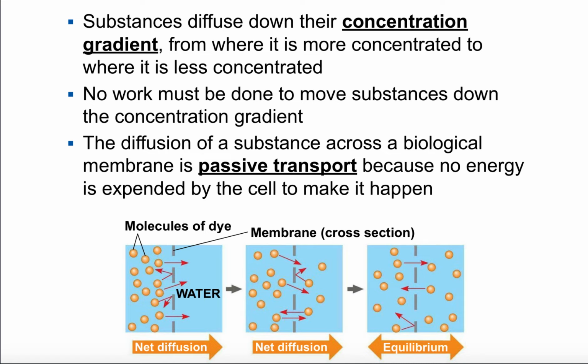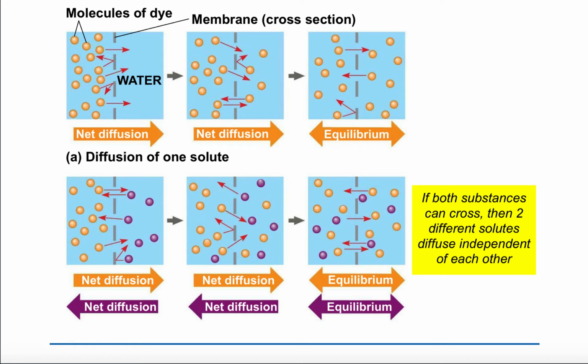Now, I showed how things moved in a free and open space, but when a membrane is involved, as long as the material can get through the membrane, it's still going to diffuse. So in this case, diffusion of the solutes across the membrane, as long as the holes are big enough for the solutes, it'll still diffuse from high to lower concentration. When there are two separate substances, as long as both can pass through the membrane, they'll diffuse across the membrane